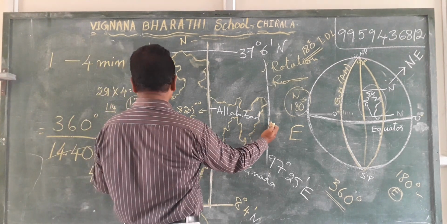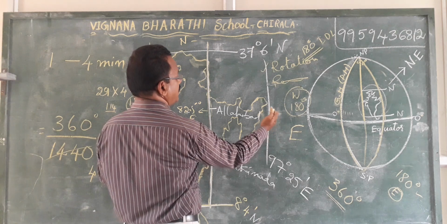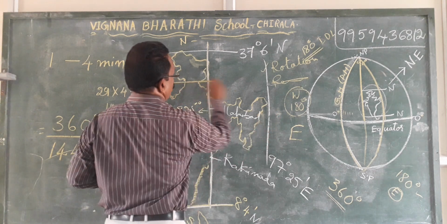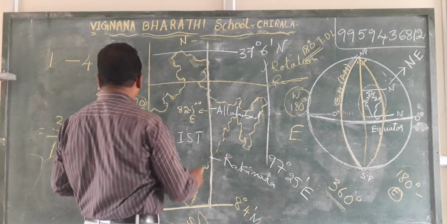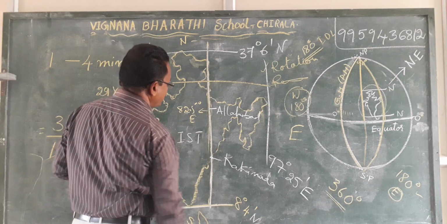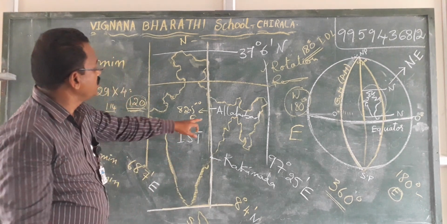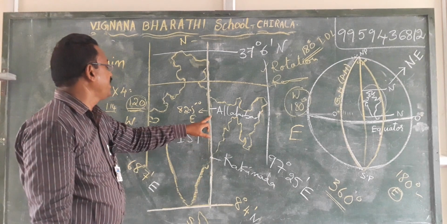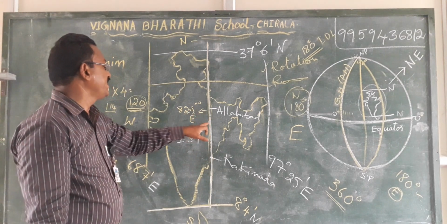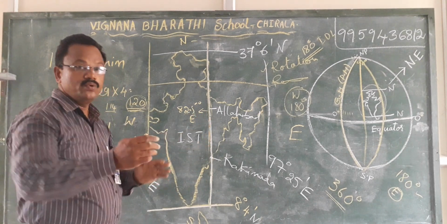The difference between the western edge and the eastern edge is about 2 hours. That is why we take this longitude which passes through the middle of our country, 82.5 degrees east longitude,